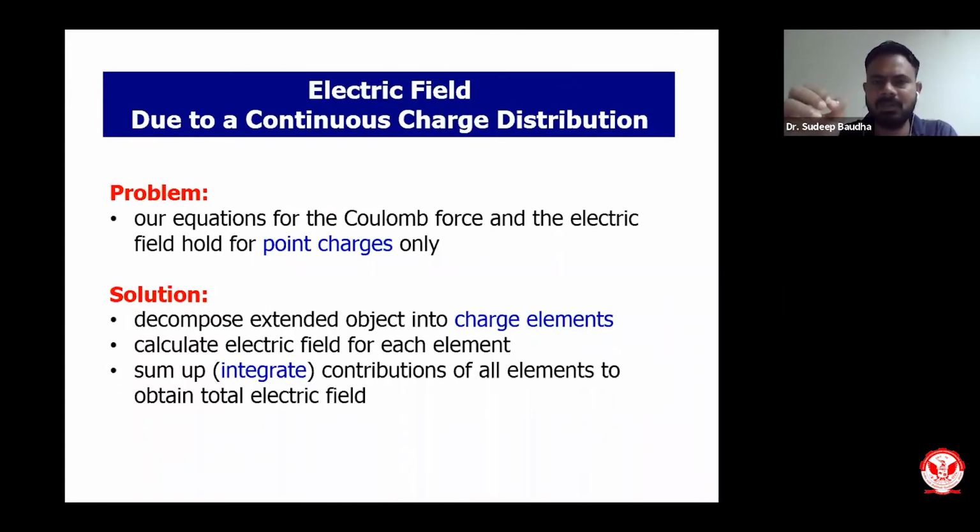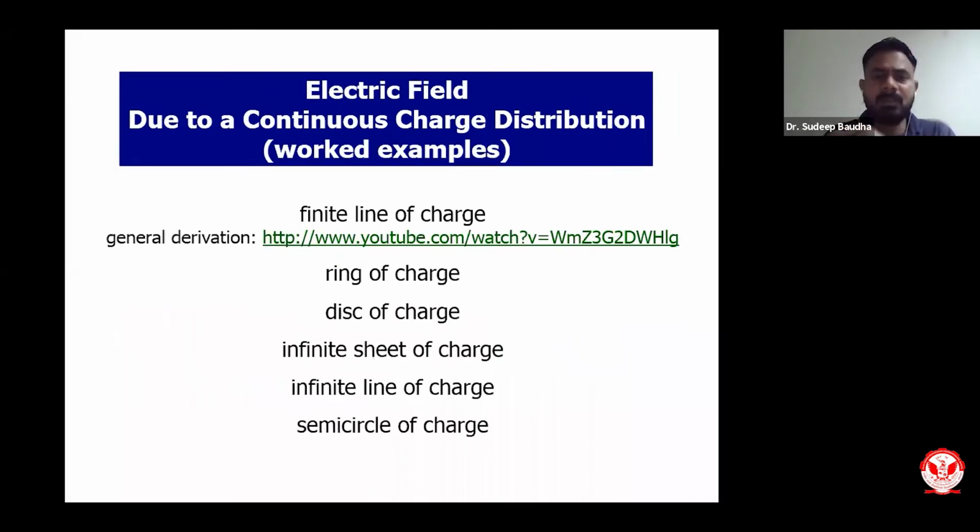But we will talk about a small geometry, and then we will calculate electric field for each geometry, and finally we will integrate across the geometry, or we can say we will sum up the effect of all the elements, and finally we will get the overall electric field due to that particular geometry. So that is what we are going to do today, and our agenda is to find the electric field due to continuous charge distribution. So these are the possible